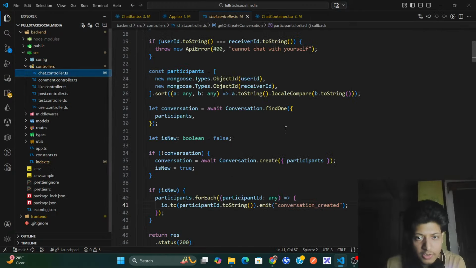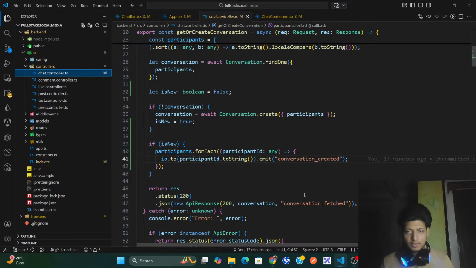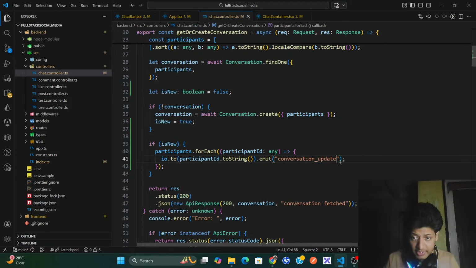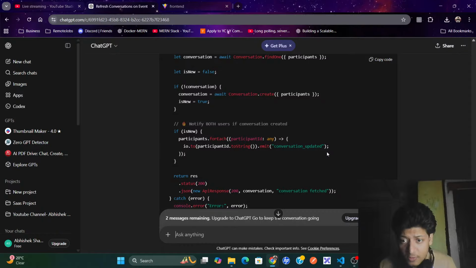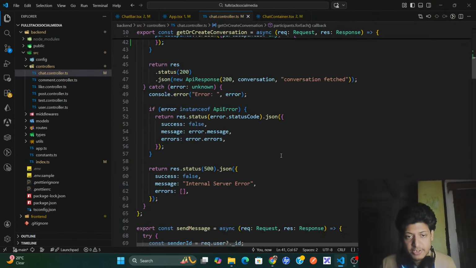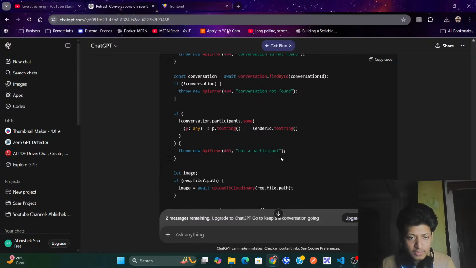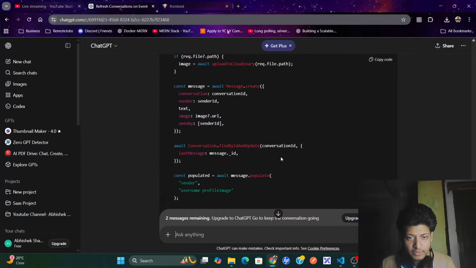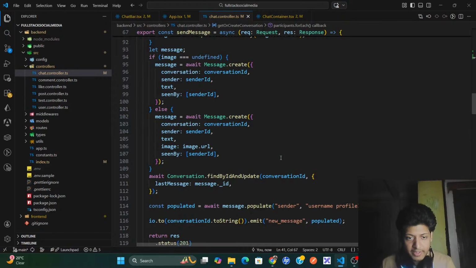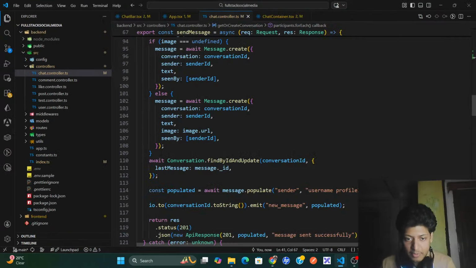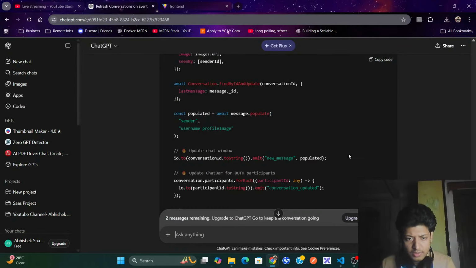And controllers, chat controller. Here I'm doing it so each conversation gets updated. Let's change the event. Fine, the backend send message is fully correct. This is my send message. Okay, in this message: await Conversation.findByIdAndUpdate, populated. Done. After the new message is populated, I'll update